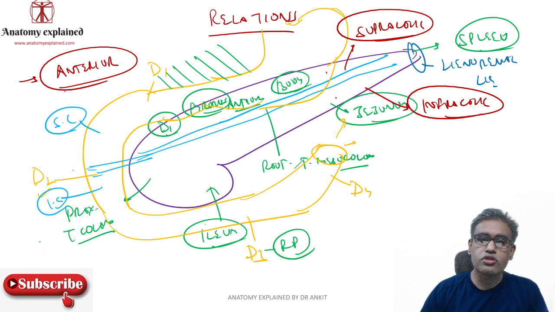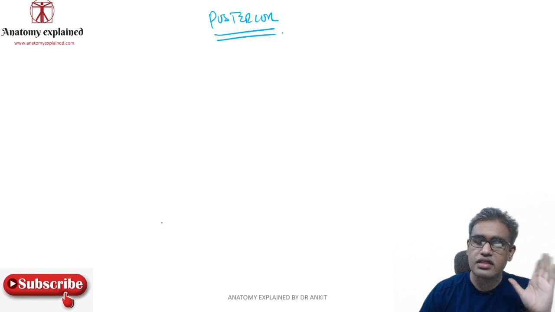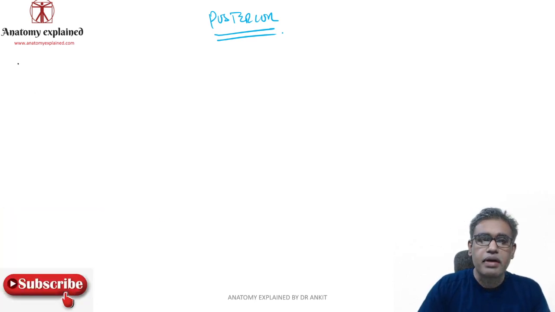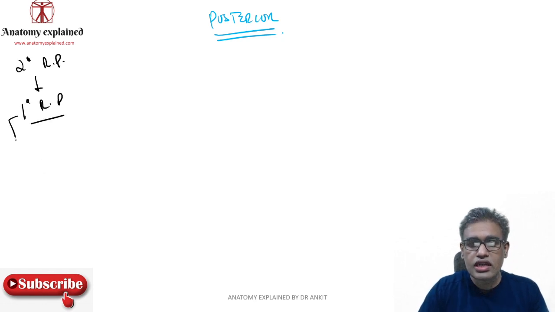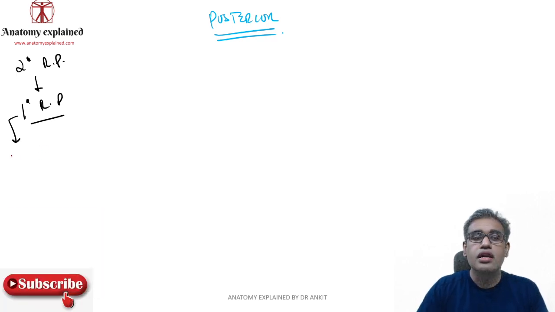Clear? Now let us move from here to the posterior relations. So now let us go to the posterior relations of the pancreas. First, the concepts. The concepts have already told us the pancreas is a secondary retroperitoneal organ, so it will be lying in front of primary retroperitoneal organs. Now, which organs are primary retroperitoneal? Those organs are kidneys,